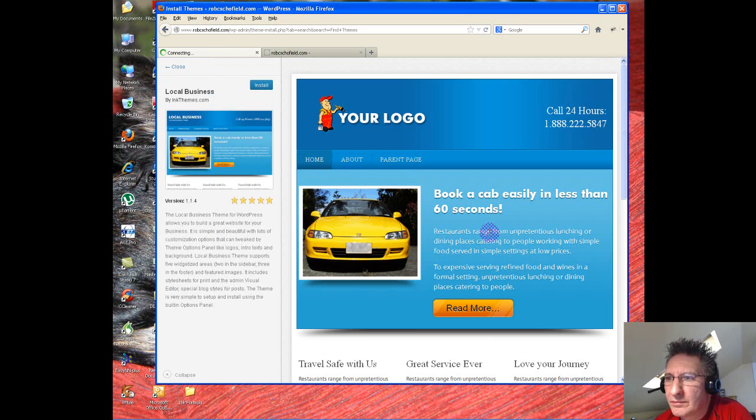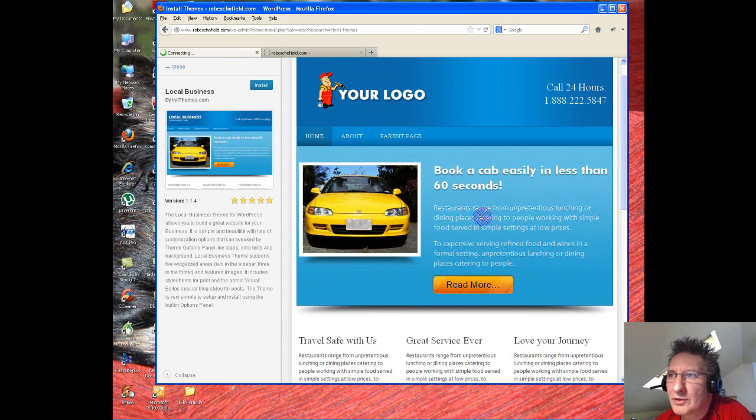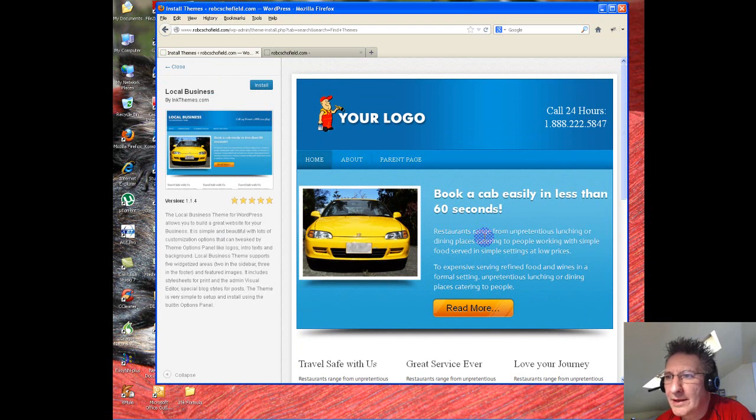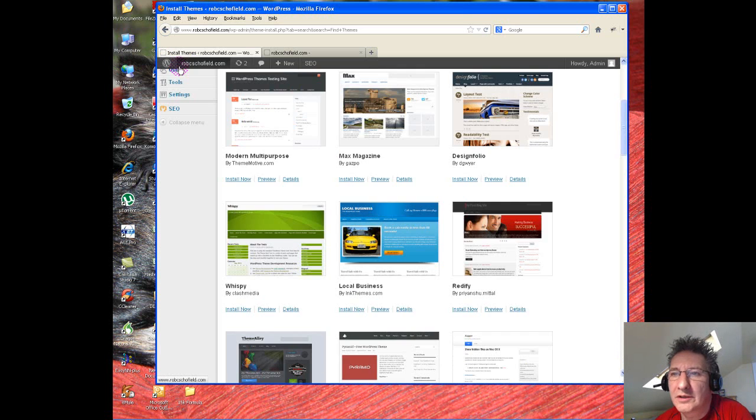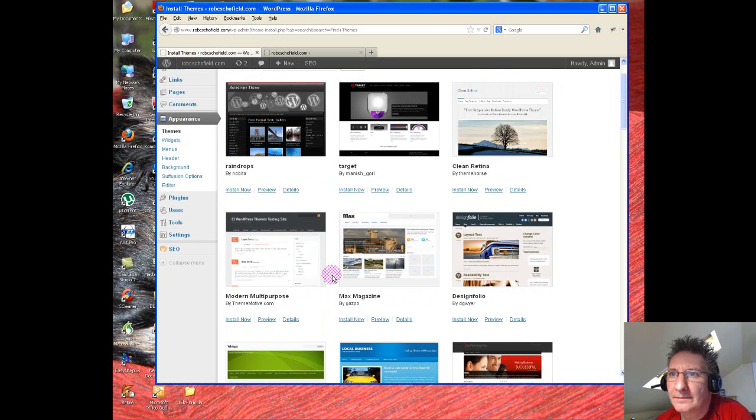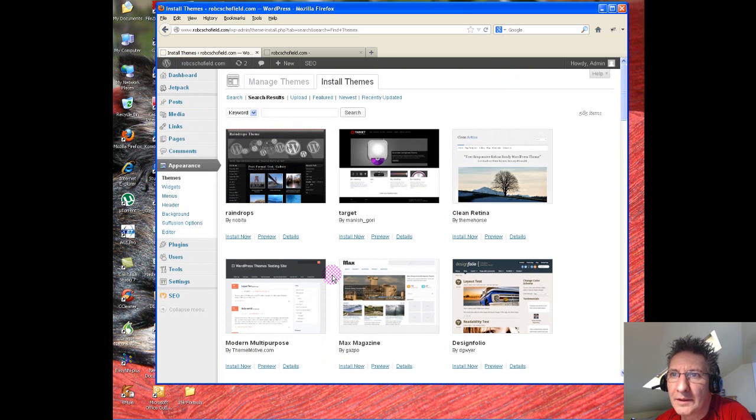It's just a big, quick, cheap, and cheerful idea of what your page might look like. And if you want it, you just hit install, and it will install. It's that simple. Or if you know the name of the theme, somebody's told you about a particular theme, you can just type it in here, and off you go and find it. The one I use is something called Suffusion,